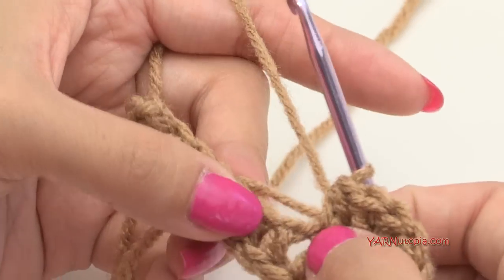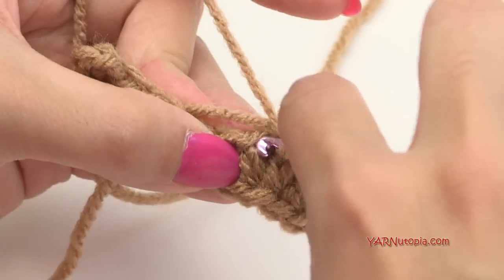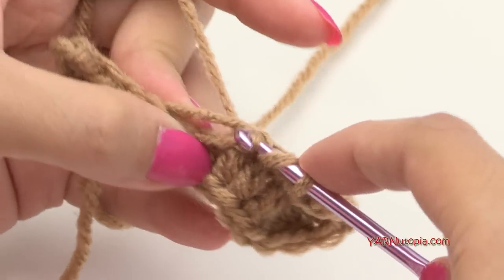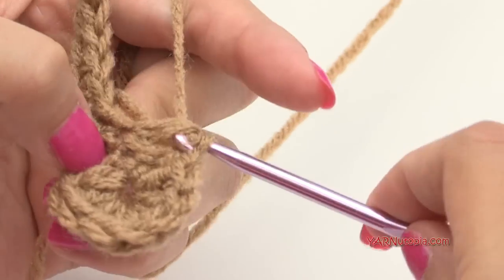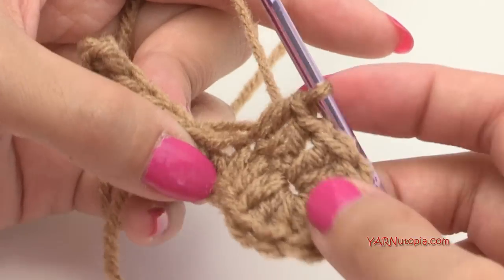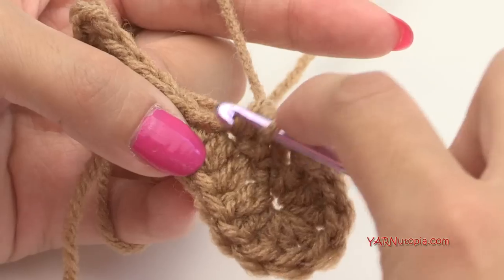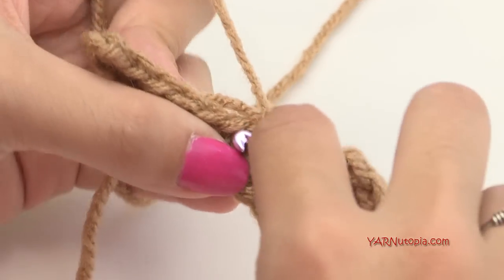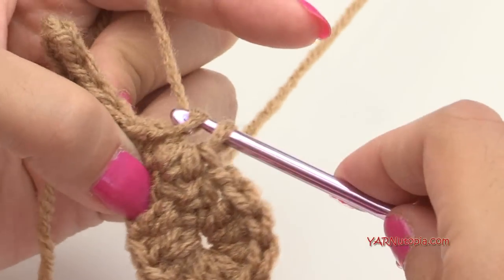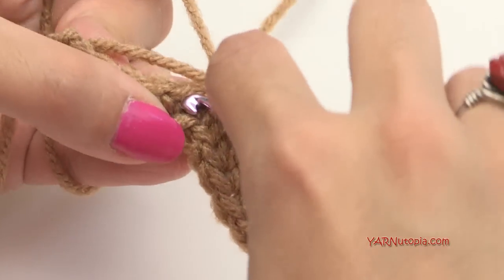Okay, and now in the next stitch we're going to put another half double crochet. So yarn over, go into the next stitch, yarn over, pull through, yarn over and pull through all 3 loops. Now we have to put 1 single crochet in the next 5 stitches. So go into the next stitch, no yarning over, just go into the next stitch, yarn over, pull through, then yarn over and pull through both loops. That's a single crochet. So that's 1, go into the next stitch,